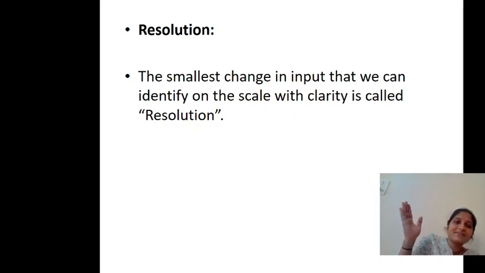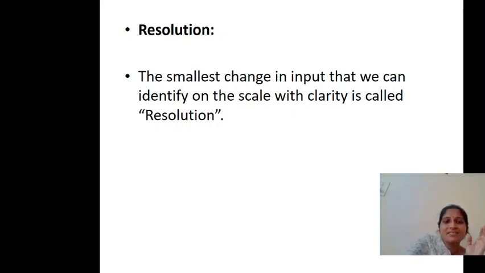In the 5 ampere ammeter, from 0 to 1 there are 10 lines in between. Each line indicates 0.1, so 0.1 is the minimum input you can observe here. Whereas in the 10 ampere ammeter, the smallest change you can observe is 1 ampere.